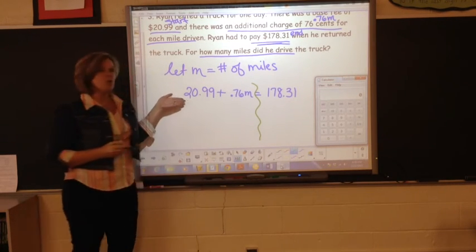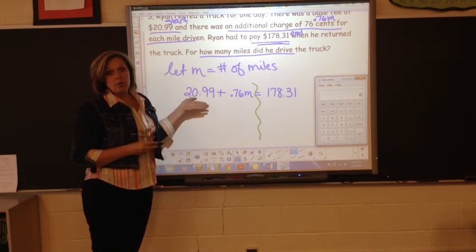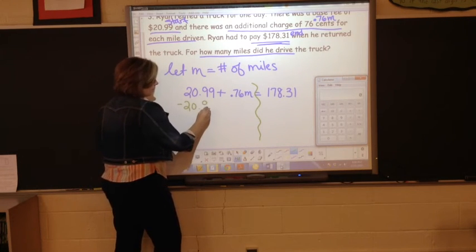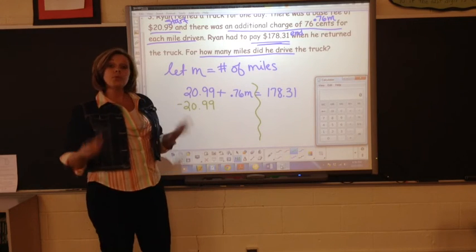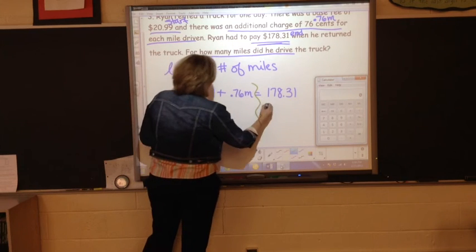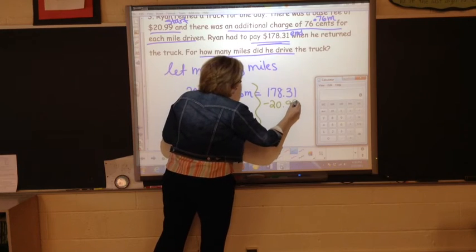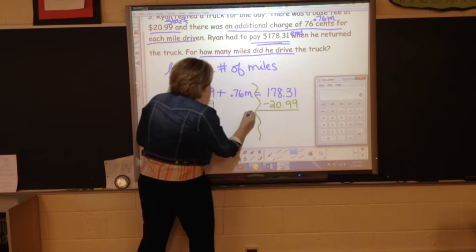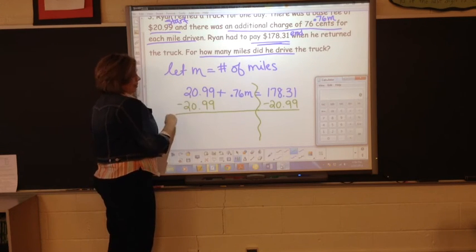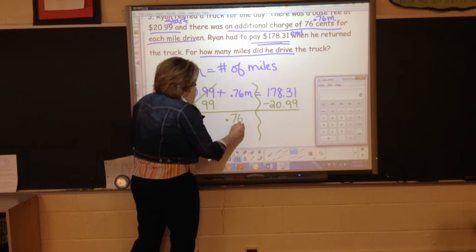And I see that I need to remove this $20.99. So the opposite, or the undo of a positive $20.99 is a negative $20.99. I also need to remember rules of an equation, which is whatever I do on one side, I must do to the other. Trying to line up my decimals as I do that. And then I'm going to go ahead and just draw this line below and do some subtraction. 20.99 minus 20.99 cancels out, and I'm left with 0.76 m